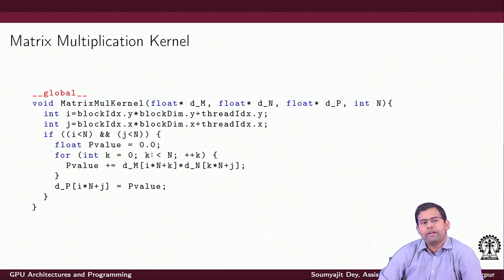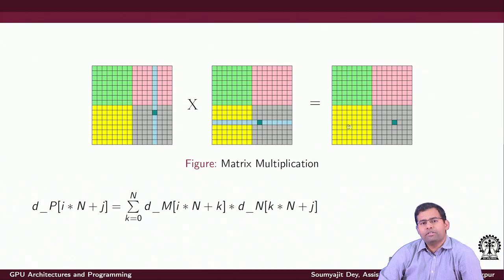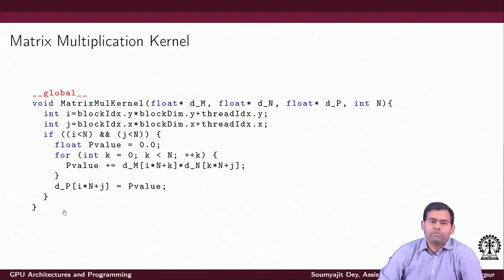It has a loop which is iterating from k equal to 0 to n. Inside this, this thread would be traversing this row for matrix dM in the device memory, and it will be traversing this column. Sorry, this picture should actually be reversed: the row should come on this side and this column should come on this side. So essentially you will be multiplying them to get the value here. Just consider this one on this side and the column matrix on the opposite side. So the question is what should be the expression here?